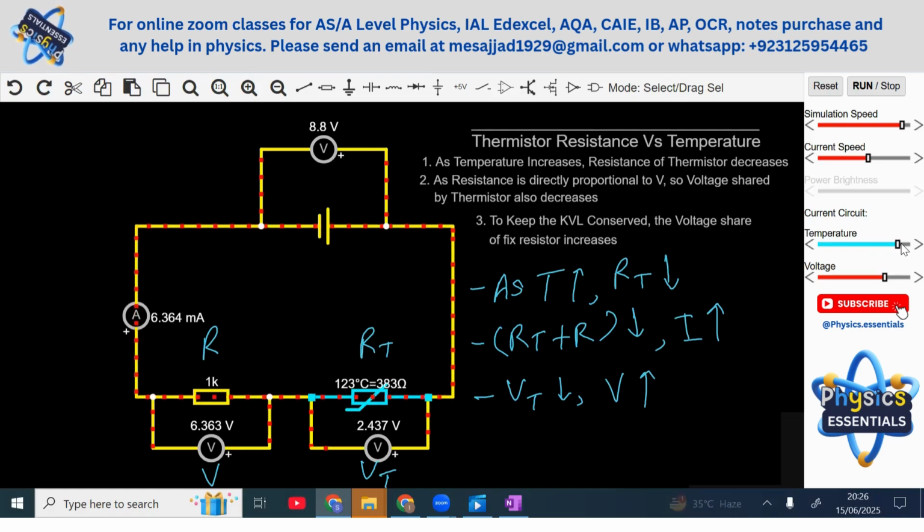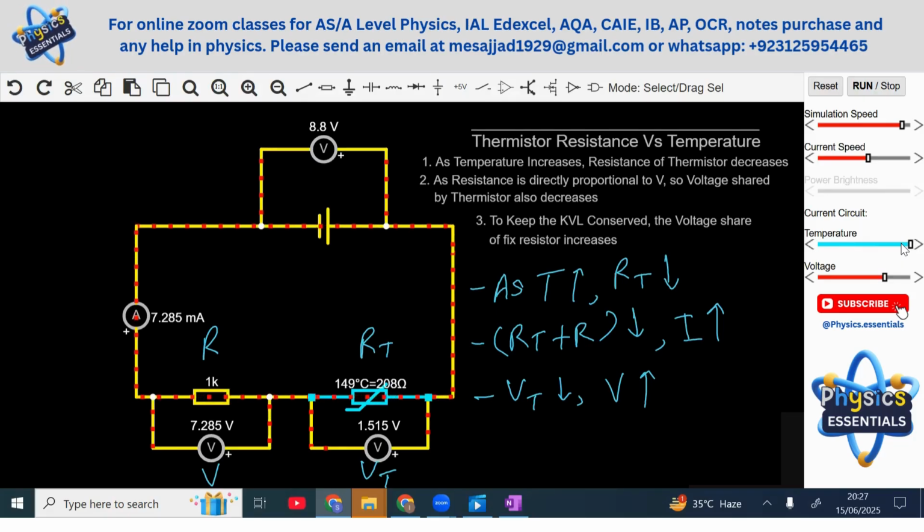Please understand that very carefully. So as the temperature of the thermistor is increasing from 130 to 140, 142, 143, 145, the resistance is decreasing. And when the resistance is decreasing, we know that the voltage is directly proportional to resistance. So since resistance is decreasing, the voltage shared by the thermistor, which is VT, is also decreasing, as you